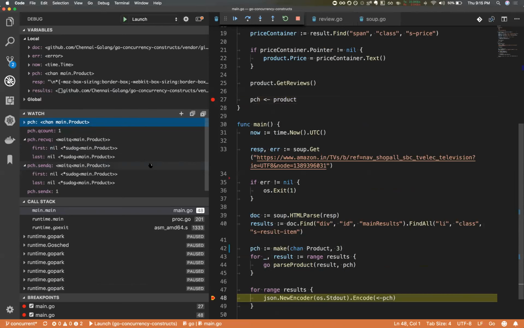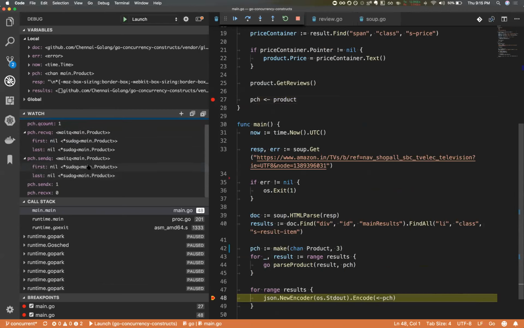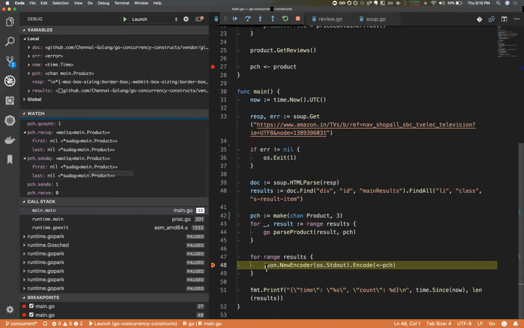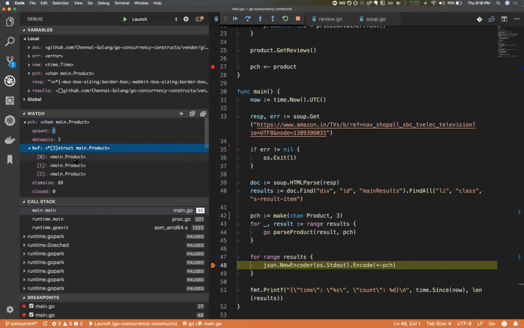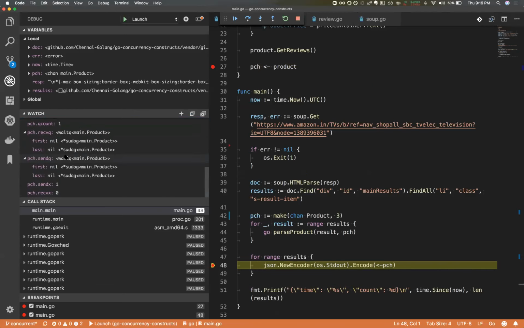This happens when two successful sends happen. So now the buffer is filled with one, and the send did, and the receive did not immediately happen. This code did not run simultaneously. Two sends already happened, and after which only one read has been executed. So now you could see that the queue count has increased. Now my buffer would have one product, and yeah, it doesn't actually show me the product.